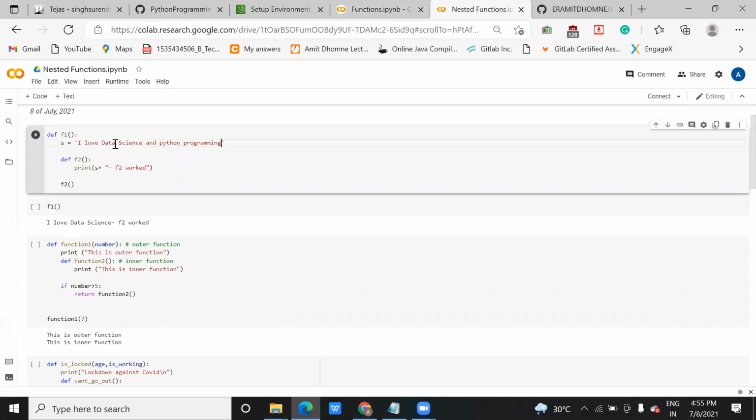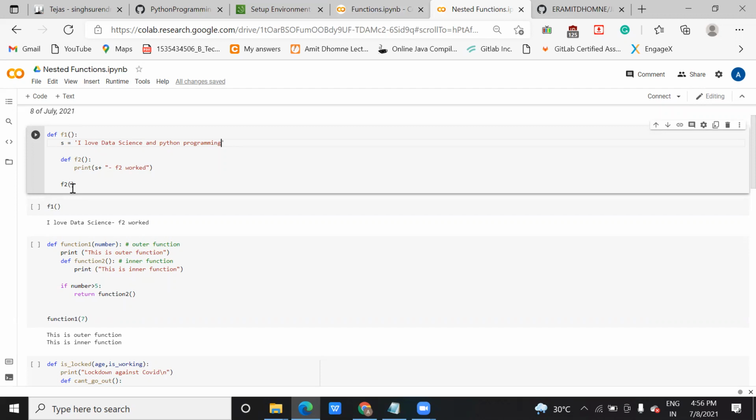Now inside this function I have created one more function, f2. That function will print the outer function's value of the s variable plus this f2 work, something like that. And after that I will call f2.